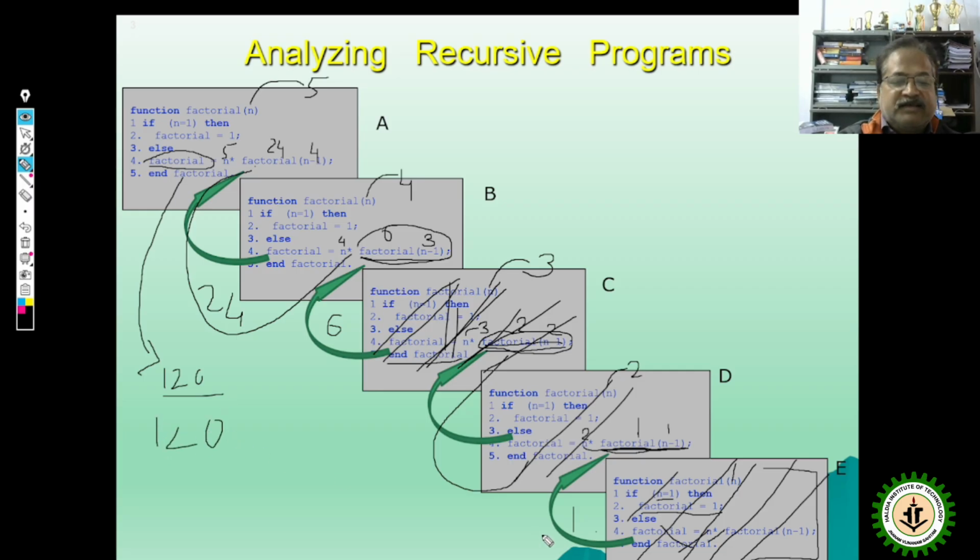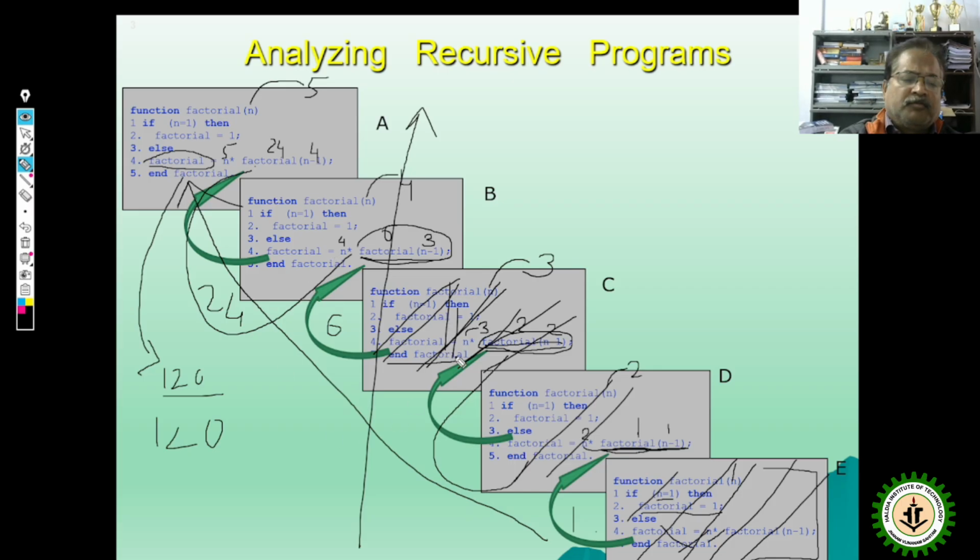So don't you think this is a completely back propagating approach, or bottom to top approach? Because until and unless this function burns out, this will not complete. Until and unless this burns out, this will not complete. And until and unless this is complete, this will not complete. So this way, this back approach, bottom to top approach, gives us the answer of the